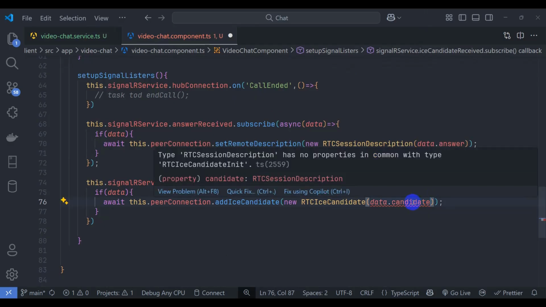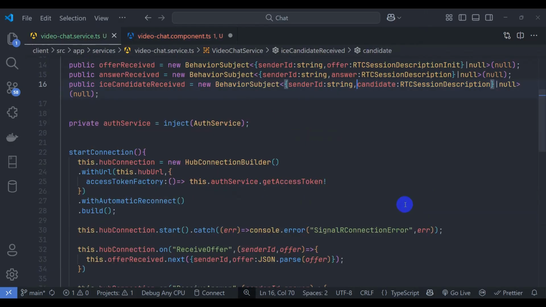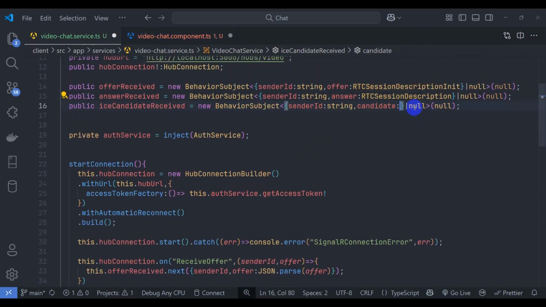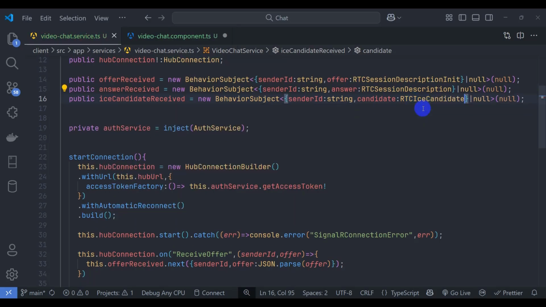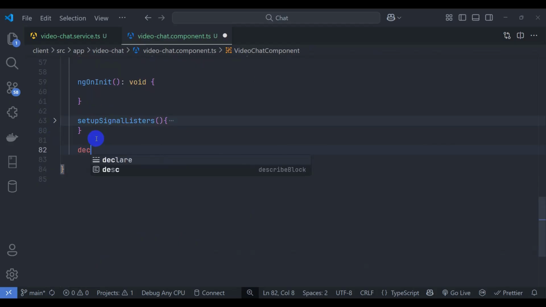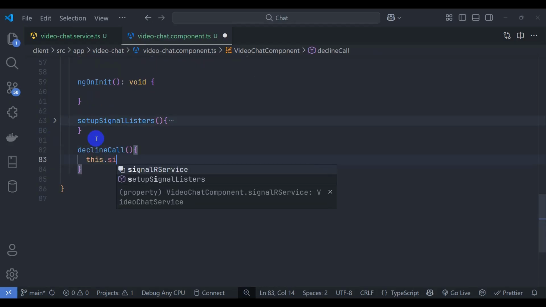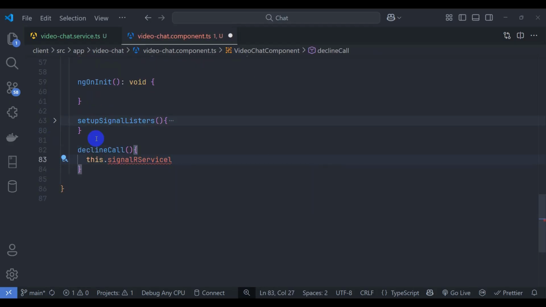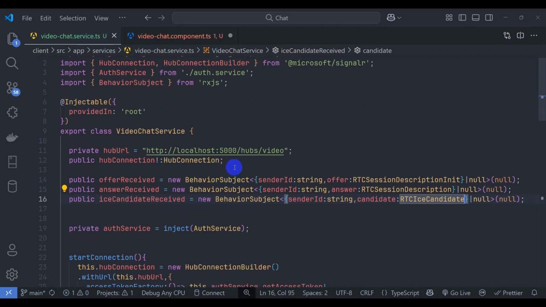Let's go to video chat service and rename this one RTC as candidate, save it, and here okay. Now let's implement decline call method. this.signalRService.incomingCall, it's call to false. Let's go to video chat service and declare here